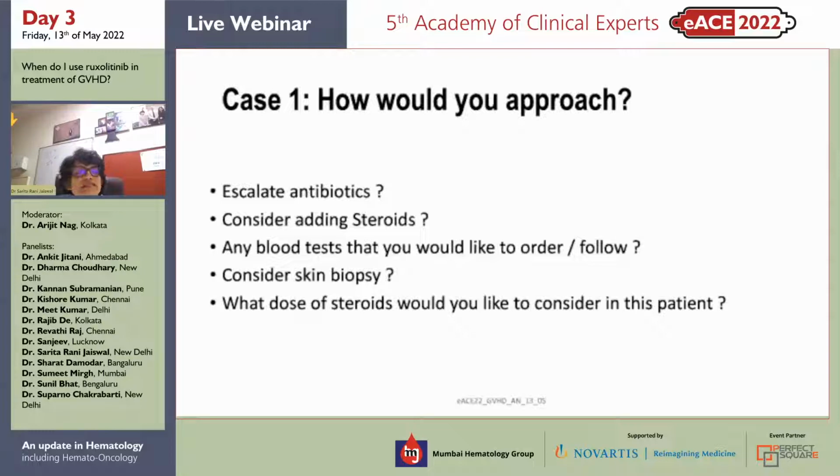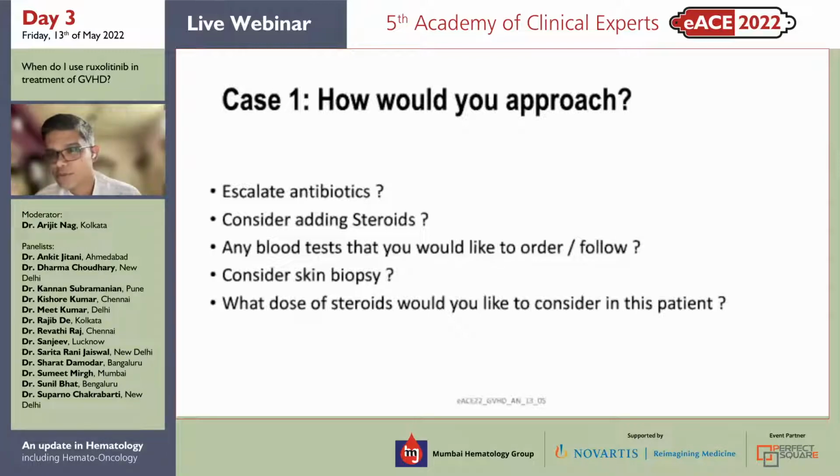And as far as GCSF is concerned, it depends on the center to center. We don't prefer to give GCSF because it will aggravate the situation. At the same time, GCSF decreases the cytotoxic effect of NK cells. If you want to achieve NK cell mediated graft versus leukemia effect in these kinds of patients, of course you have to take care of these, which we generally avoid in these patients.